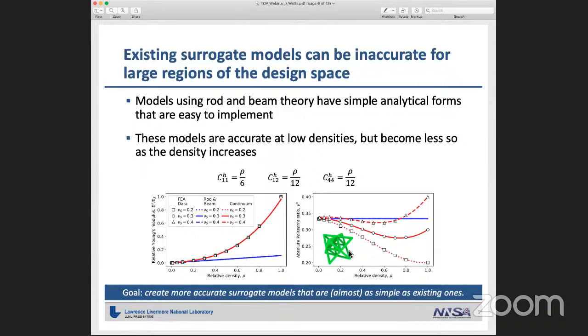So one of the results in this paper was looking at how dense a structure can be for these analytical models to remain accurate. It depends on your standards for acceptable accuracy, but as a general rule of thumb, at about 2 to 5% volume fraction, these rod theory based surrogate models are accurate. What I'm showing here is kind of not fair to the surrogate models, because I'm showing over a full range of volume fraction.